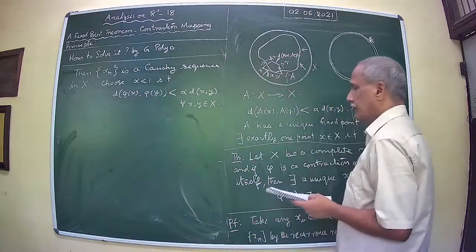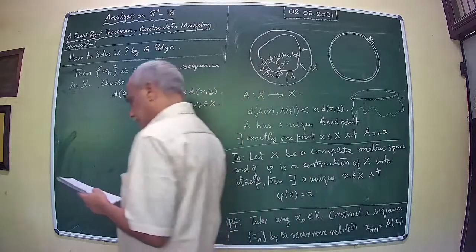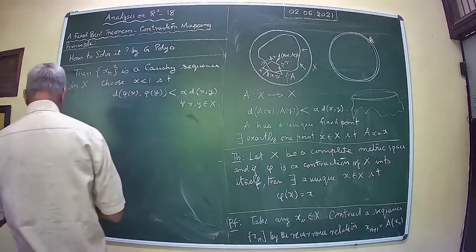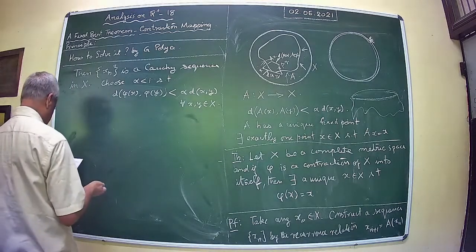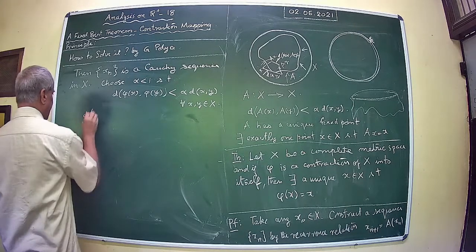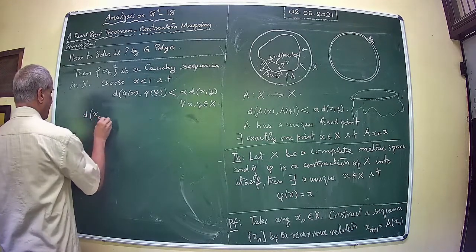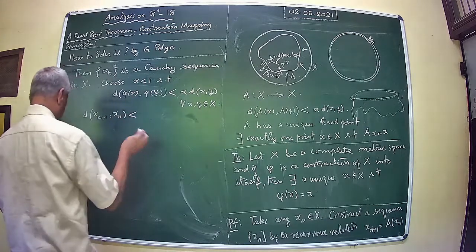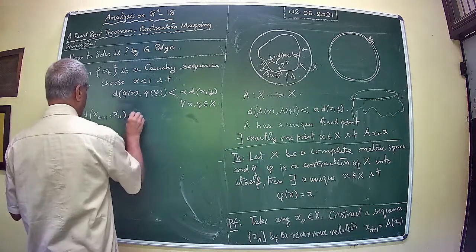That is, the contraction constant that we have chosen is alpha, and alpha is less than 1. Now you observe that you can prove that d of